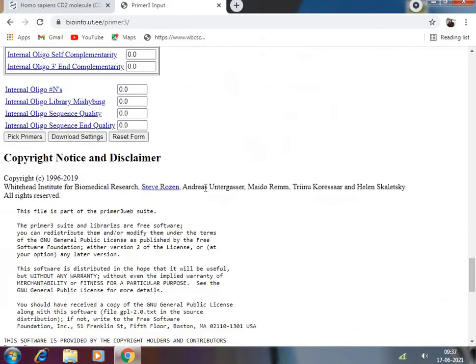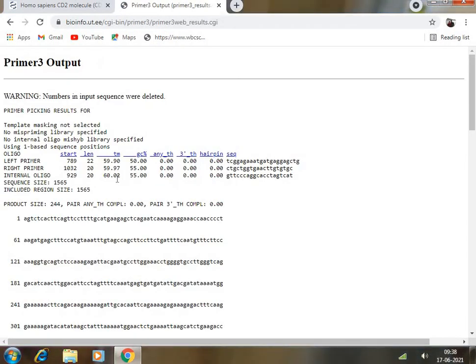So I am now going to pick the primer, and this is the left primer. The percentage of GC is 50%. For the right primer, the percentage of GC is 55, and for the internal oligo, the percentage of GC is 55% actually. So this particular left primer is binding at 789 position, so it is covering 800.